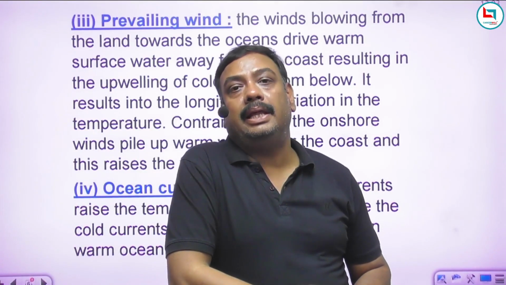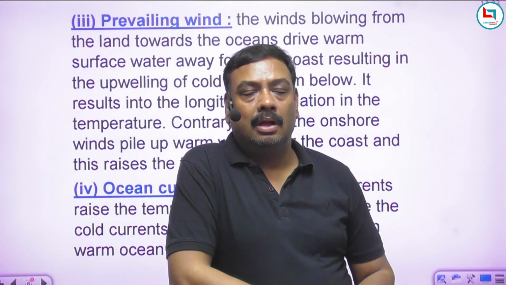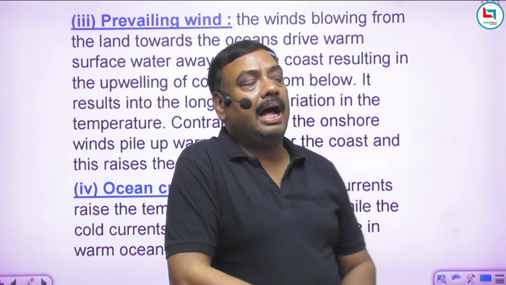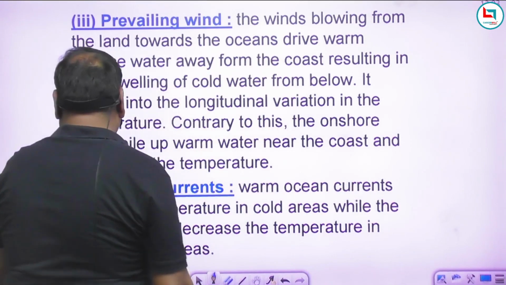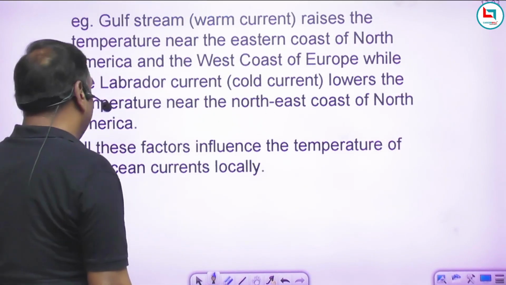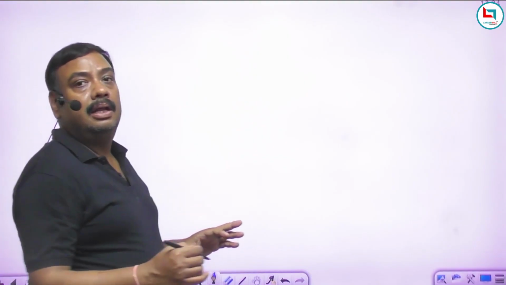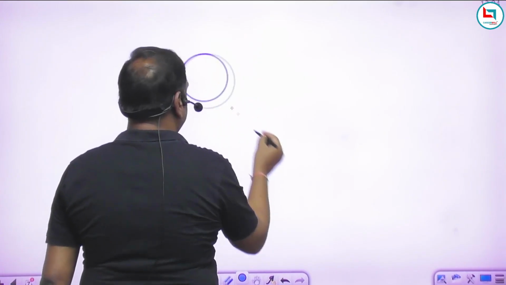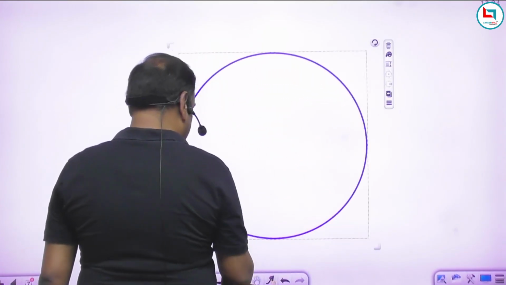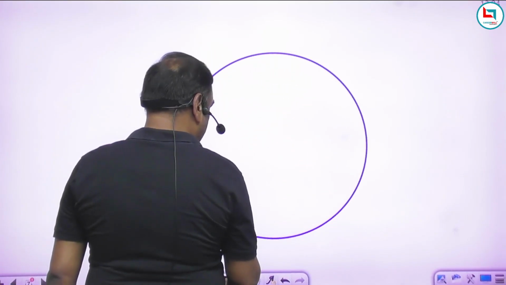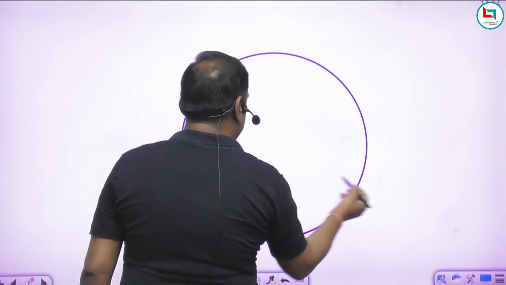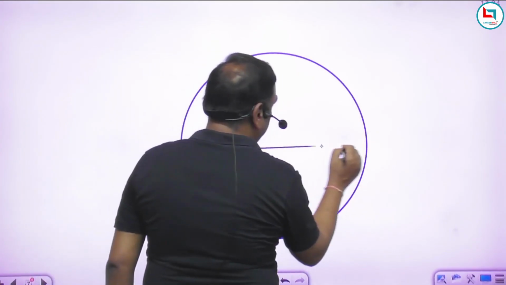Now consider the things. Here I would like to tell you how prevailing winds govern the changes in temperature. So for this, you have to consider this diagram here. Say it is our globe, and on this globe